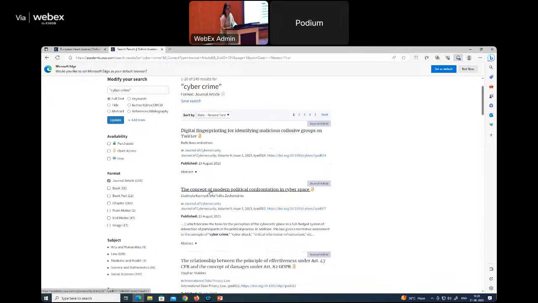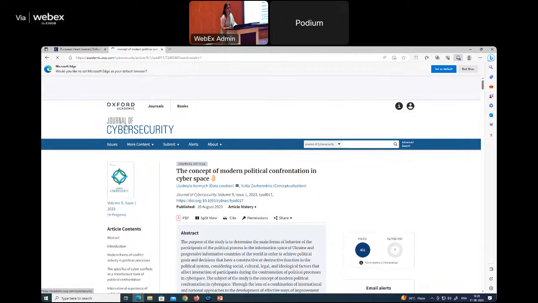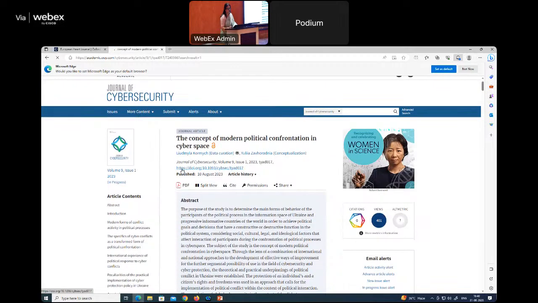Here we are. So let's look at this. I'm just opening a random article. This article is published in this journal. This is the DOI. You all know that DOI stands for Digital Object Identifier, but do you know why it's so important? Someone just told me this morning that it helps me search for the article. I use the DOI and it pulls up the article. Yes? So I'll tell you why the DOI is so important.